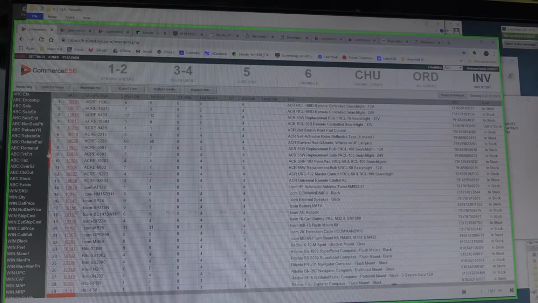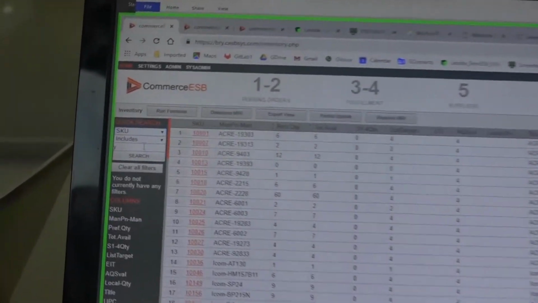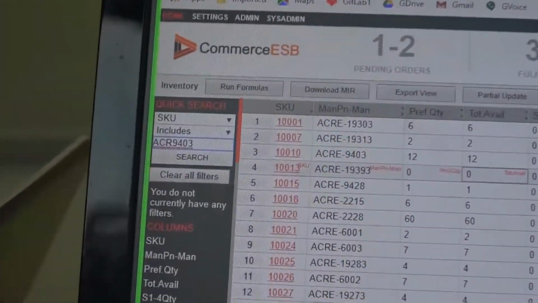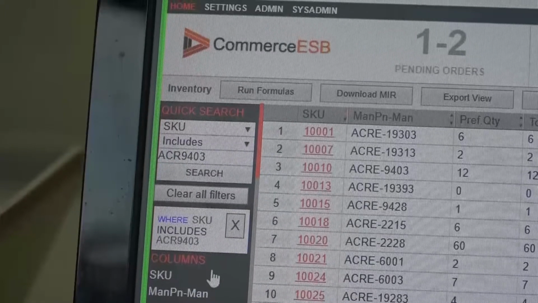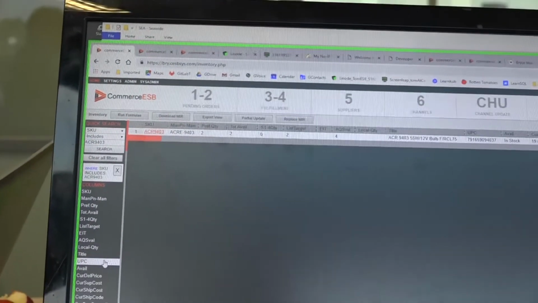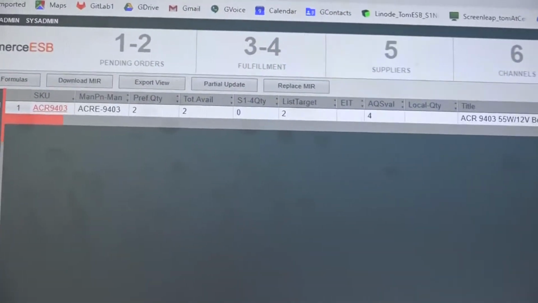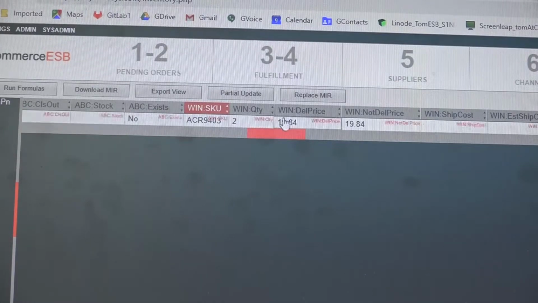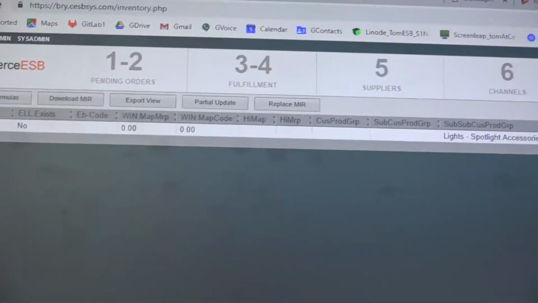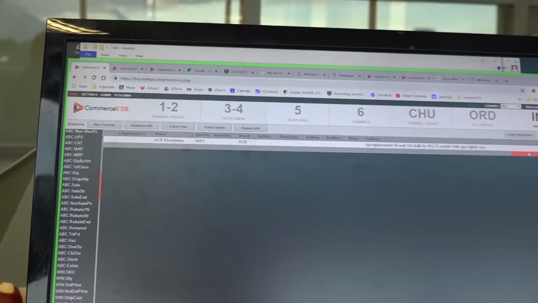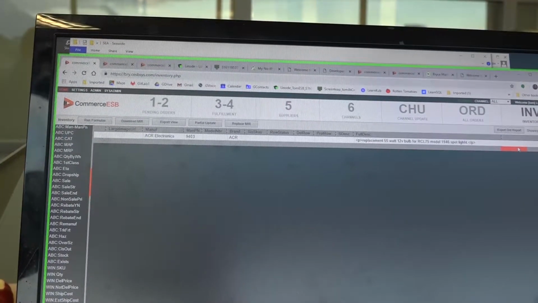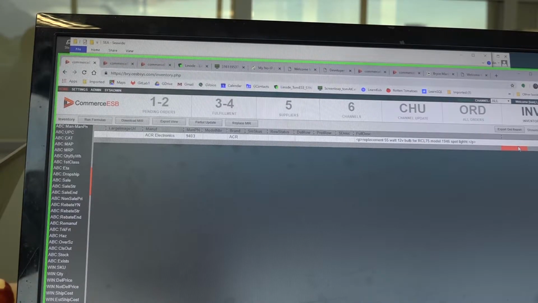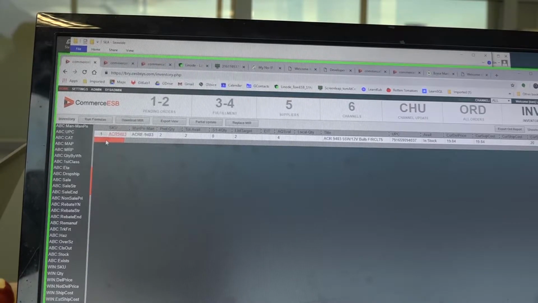If I want to look at it, I could go up here and say SKU is that value, search, and here it is. And here's that row that we want to eliminate. If I look at its Wintron section, you'll see it's populated with all the Wintron information, right? Yeah, but it's not flagged for removal. Okay. But it didn't take all this Wintron information and move it up to this, what was a CWR row,